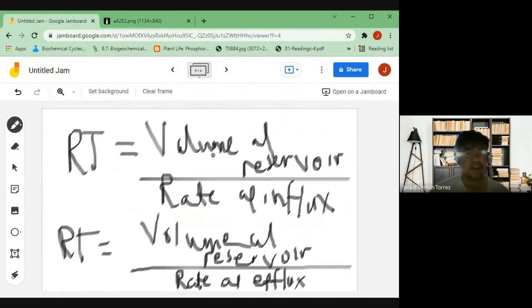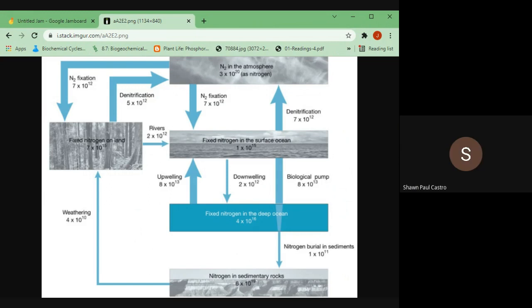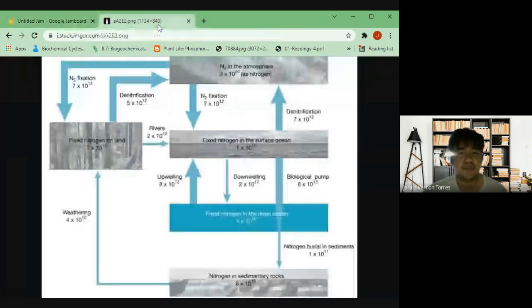Ngayon, according to our formula, we need to get first the volume of reservoir. So anong volume ng atmosphere mo dyan? Ng nitrogen sa atmosphere? Sean? 3 times 10, sir. Oh, yes, you're correct. 3 times 10 raised to 20 tons to class. So this is expressed as tons. No? Now,